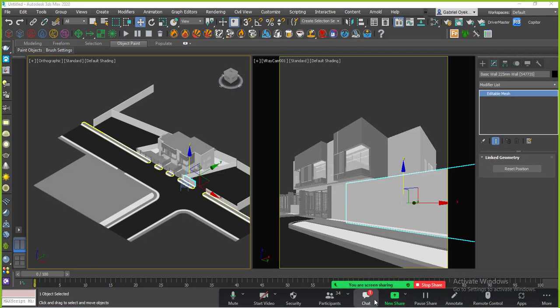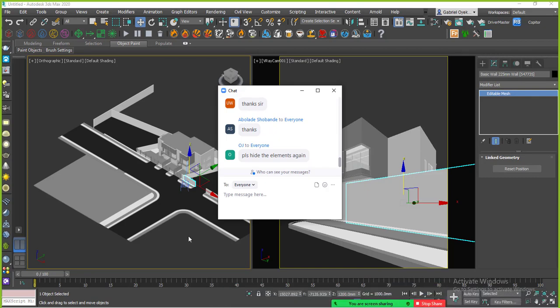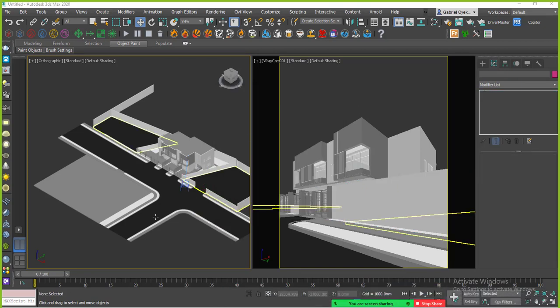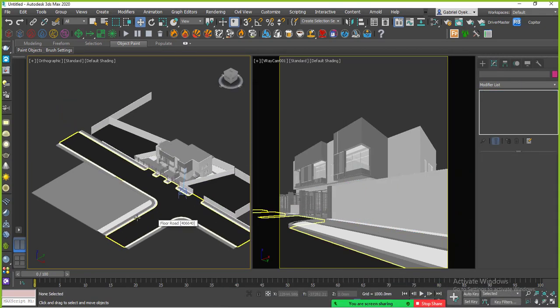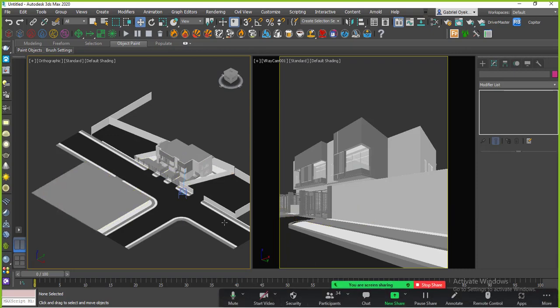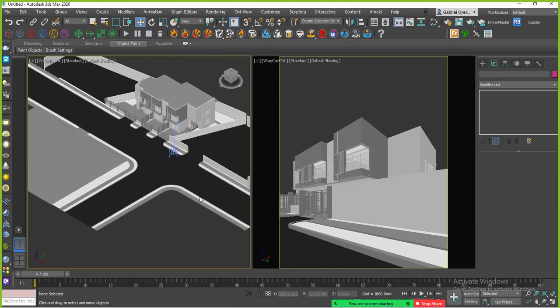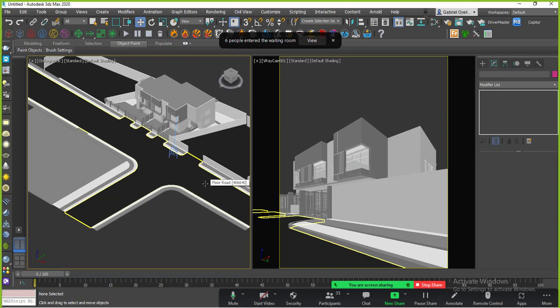Recording as well. Yes, I'm going to hide it, of course. So we are all seeing it very well now, right? So what I'm saying is that